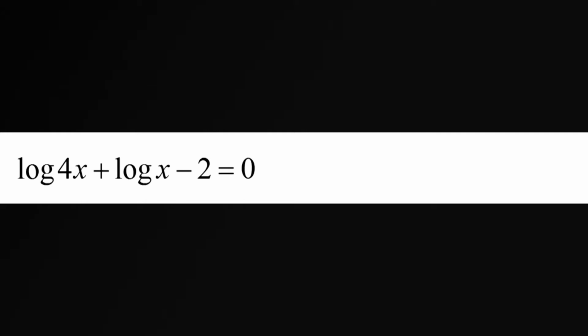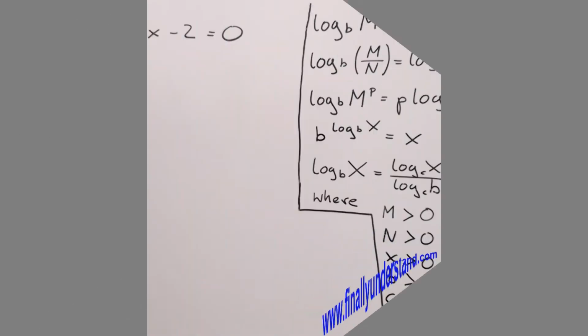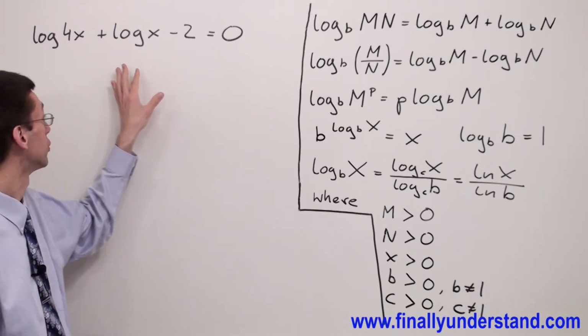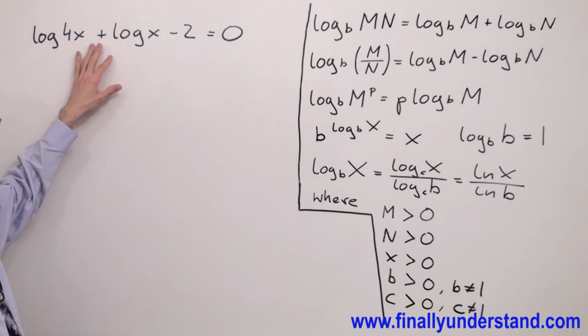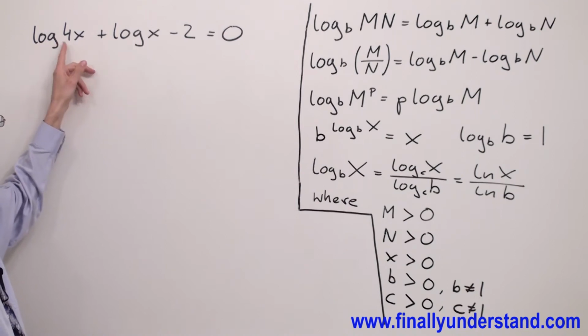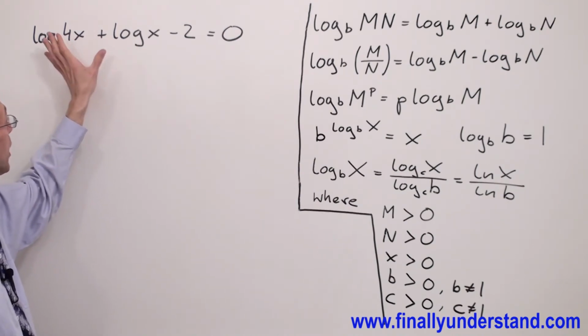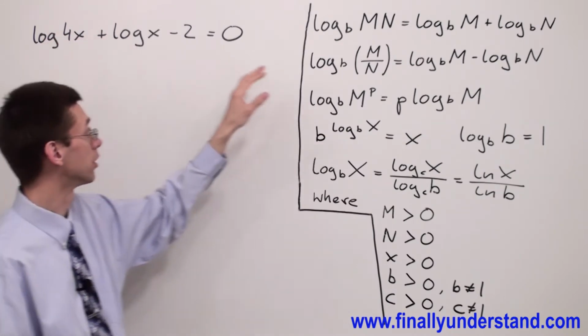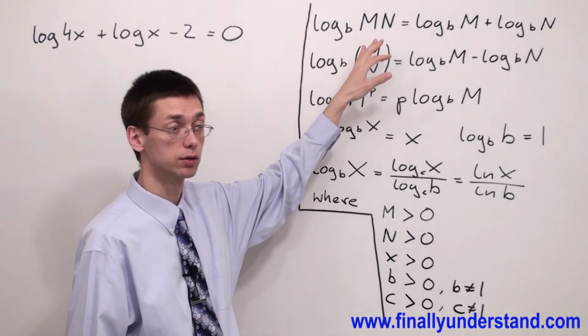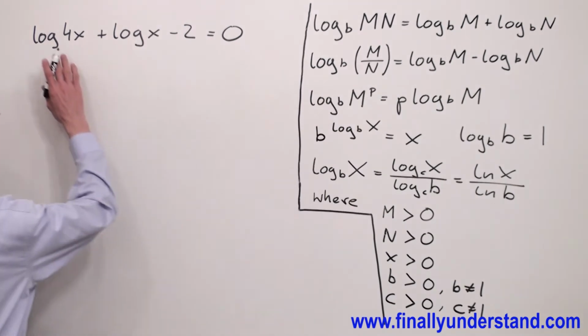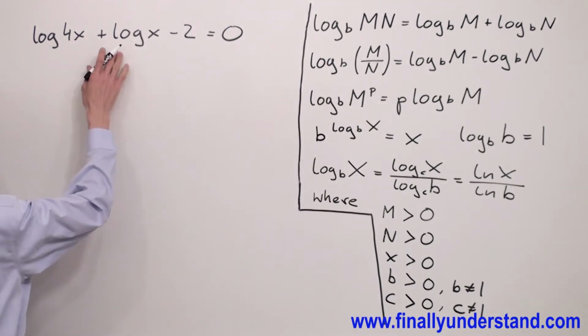We have another equation. The very first thing, you're supposed to look at the logarithms. As you noticed, we have the sum of two logarithms with the same base. What we're supposed to do over here? We're supposed to apply the property for the logarithm of the product and rewrite the sum of these two logarithms